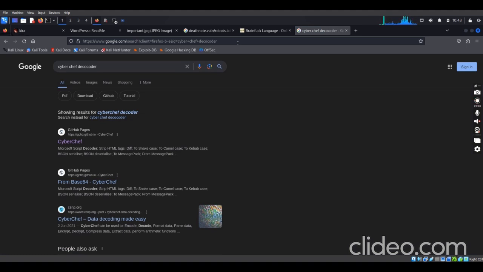So what I would do, I'll first try base 64, and that is what I did, and I found something. Let's look at this. Okay, I think this is not it.